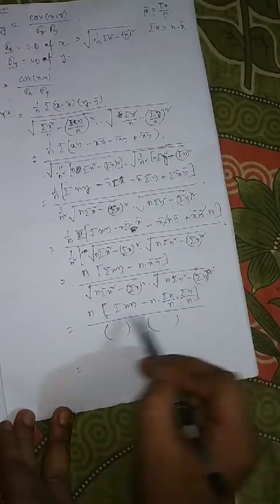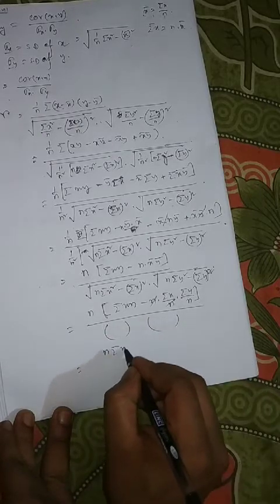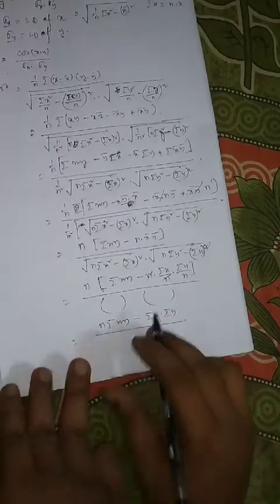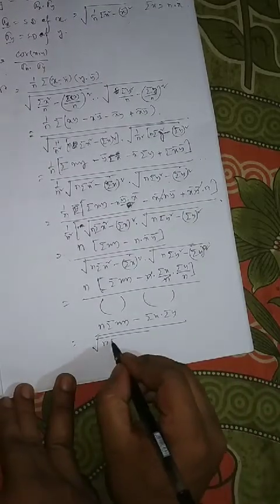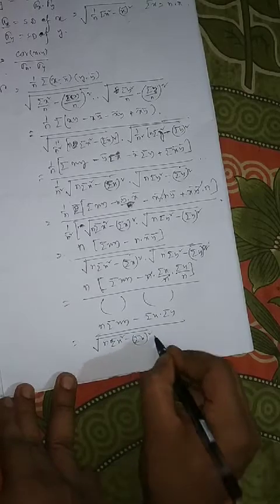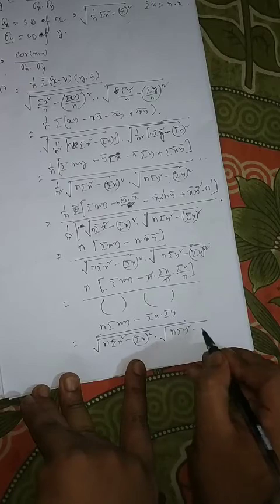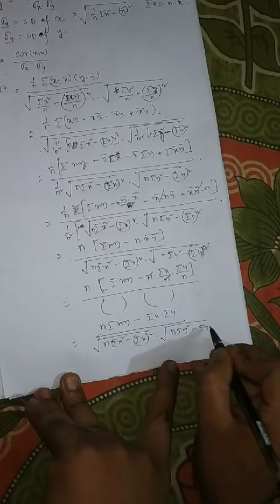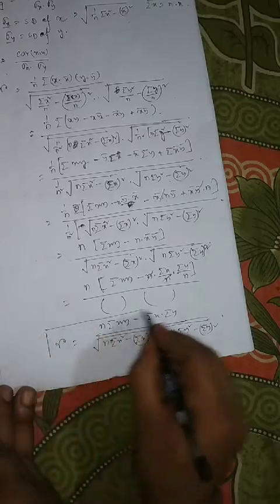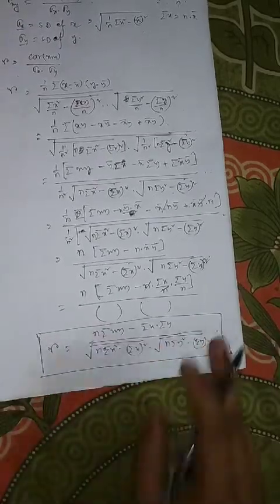So after multiplying n, we will get n summation xy minus summation x into summation y, divided by root under n into summation x square minus summation x whole square, into root under n into summation y square minus summation y whole square. So this is the simplest form to find the correlation coefficient